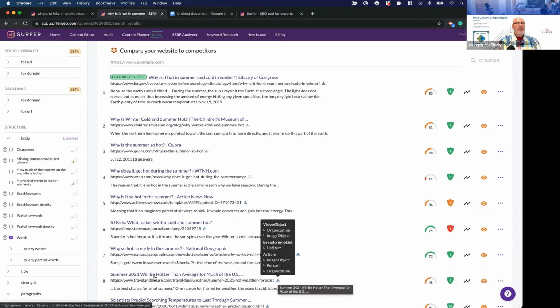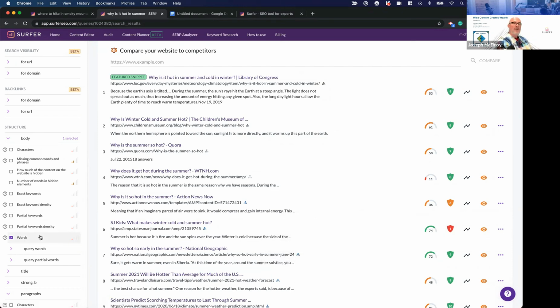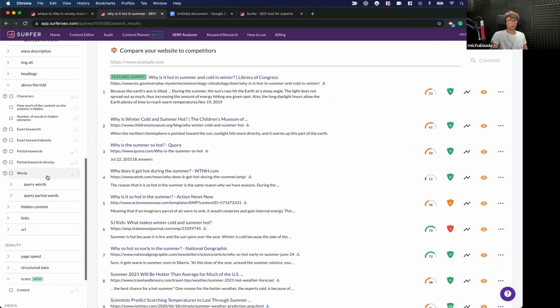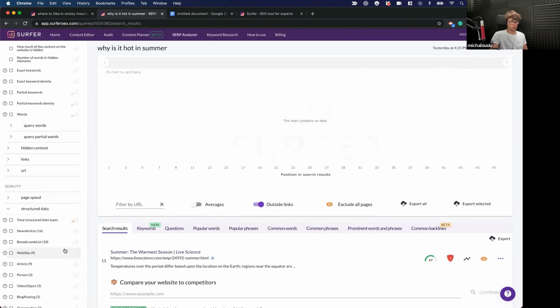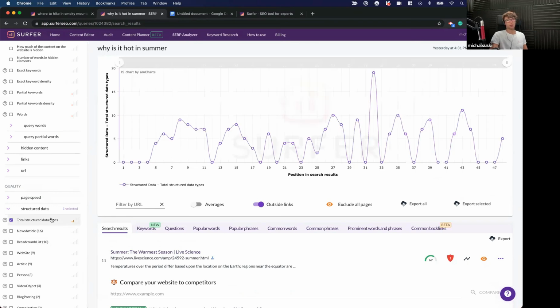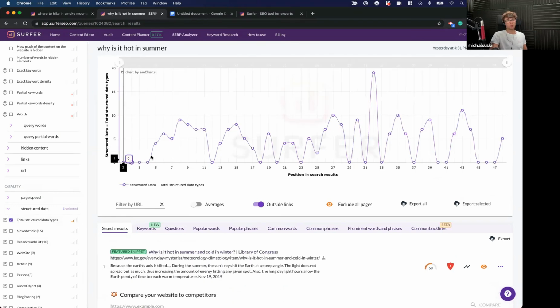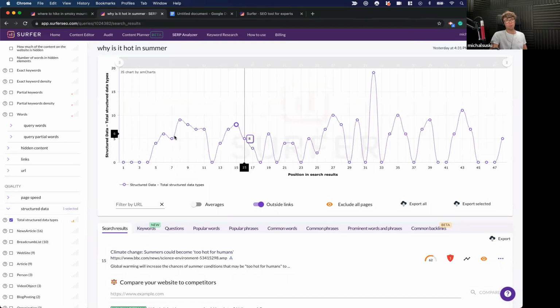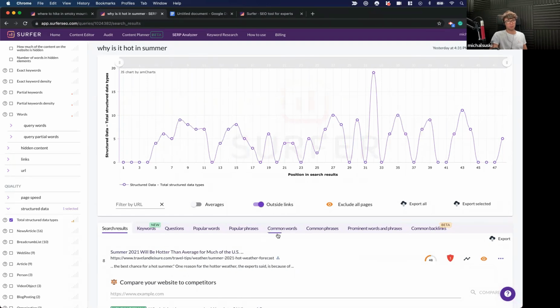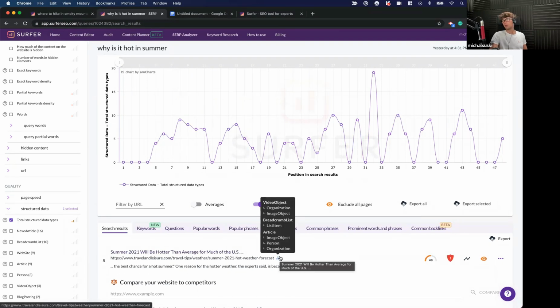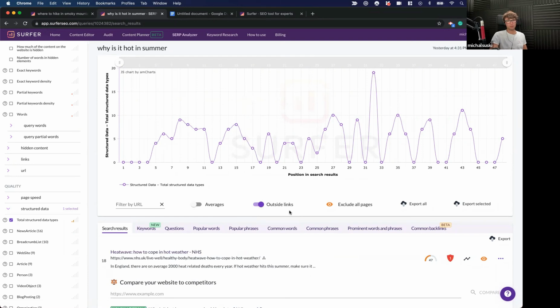So you can get an idea of what kind of structured data types are used. Like here on the chart, you can check total structured data types embedded. Pages 1, 2, 3, 4 have no structured data, but here you can find 9 types embedded, and there you go. So that's the SERP analyzer. It's a kind of raw data that you can go through.